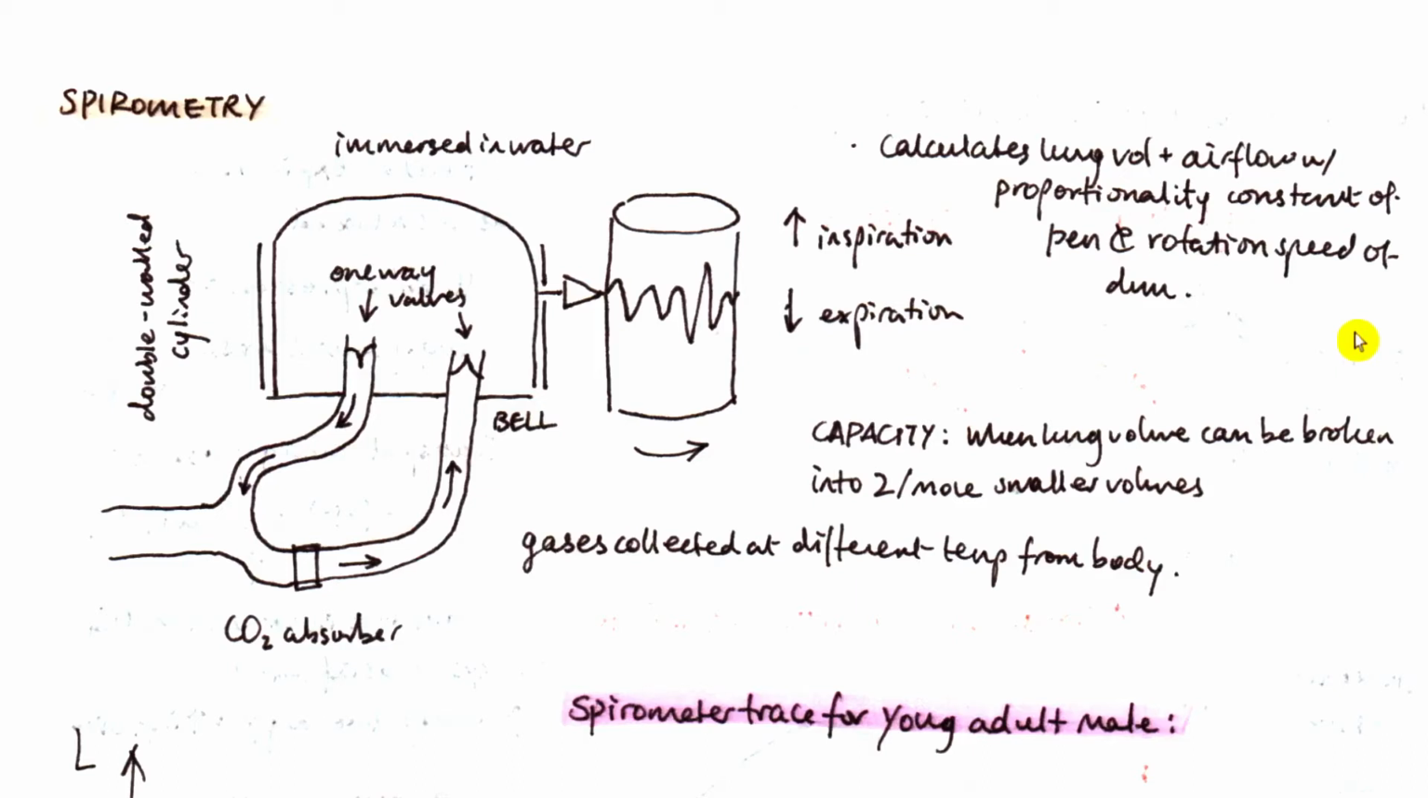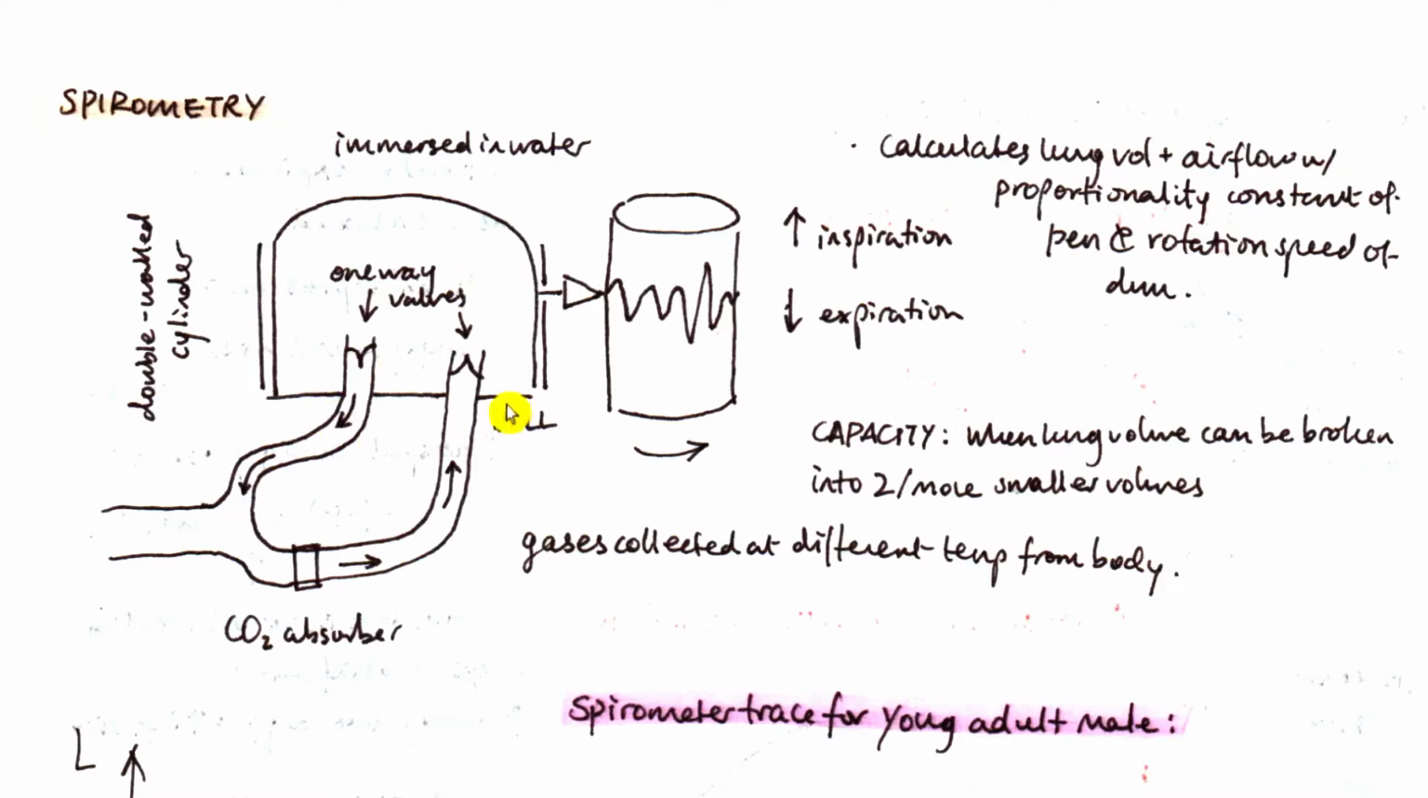So let's have a look at spirometry, which is the way that we usually measure and calculate the lung volumes. So let's have a look at the apparatus first and how it's used. So someone breathes in through this pipe, and the air coming in goes through this tube where there's a CO2 absorber. So all the carbon dioxide is absorbed, and the rest of the gases like nitrogen and oxygen can go